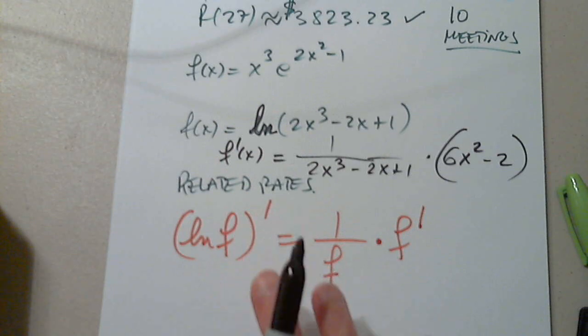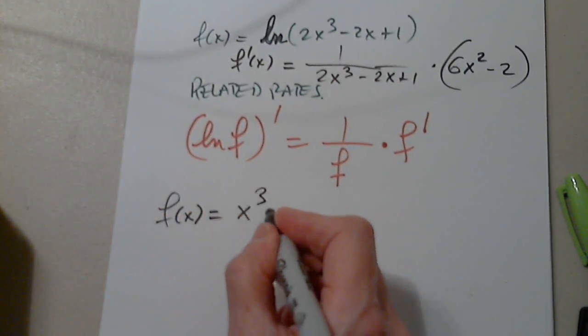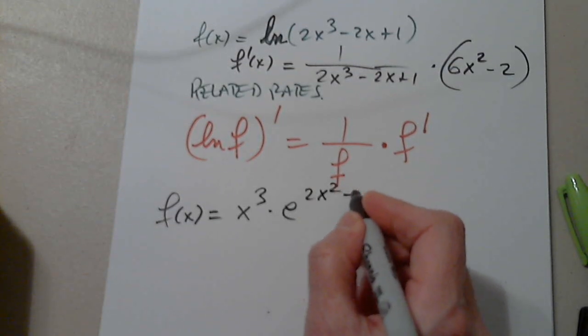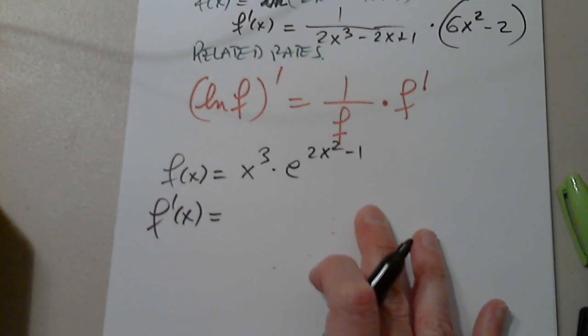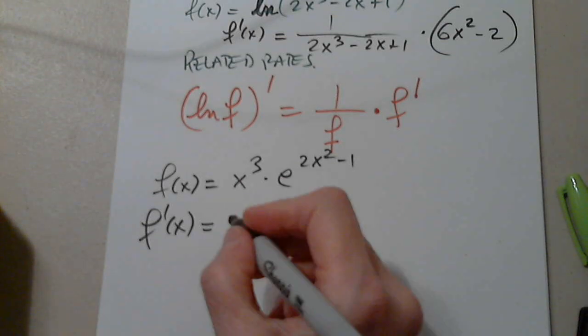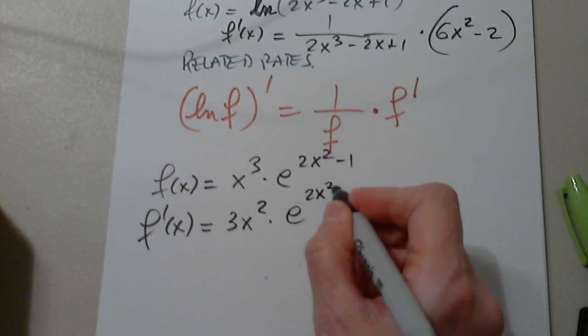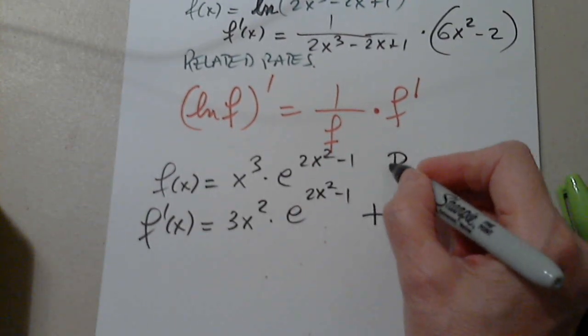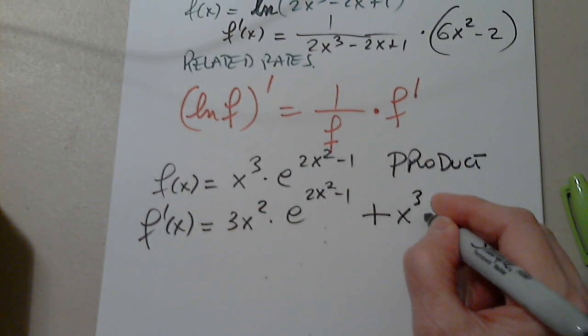Now let's work on this one. So we have a function x cubed times e to 2x squared minus 1. Then we want to find f prime. 3x squared. Very good. Because it's the product rule. Plus x cubed times